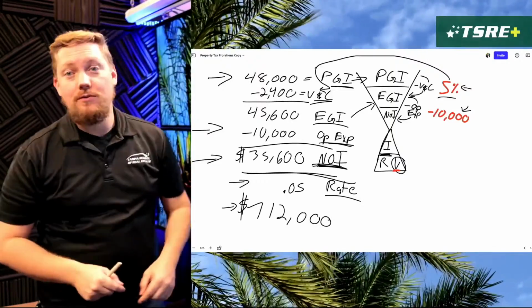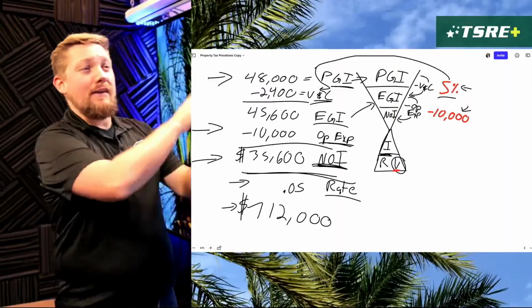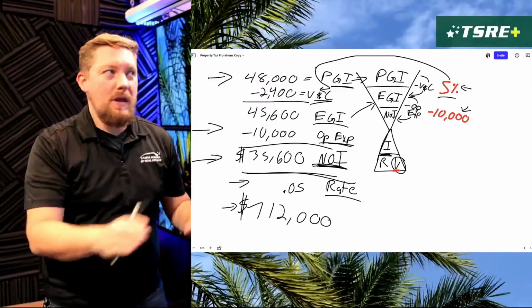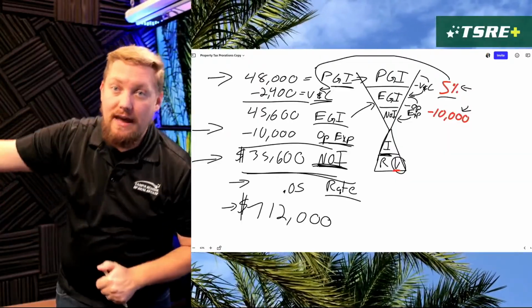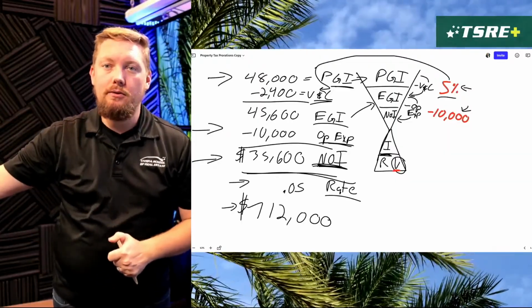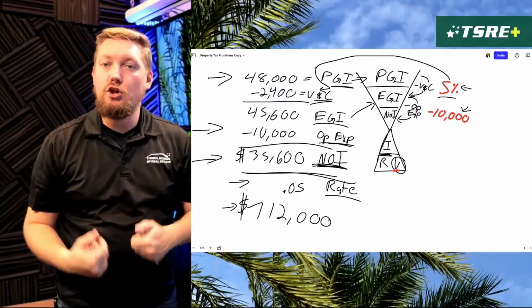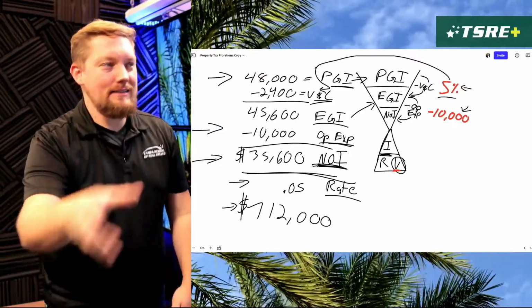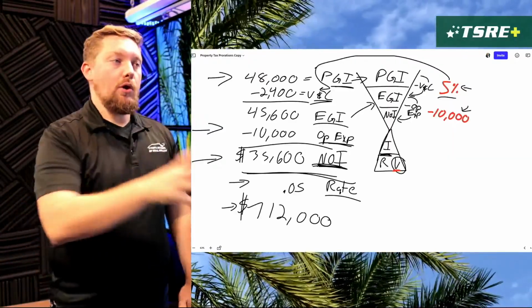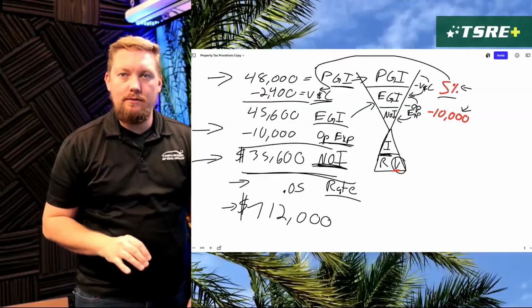Other tips that I shared with you today, such as the mortgage payment. You never do anything with a mortgage payment when it comes to income capitalization. As an investor, sure, factor that in for your actual cash flow. But when it comes to income capitalization and what we'd put in the MLS for the listing for this right here, as well as what would be on the exam, you do not factor in mortgage financing to this whatsoever.